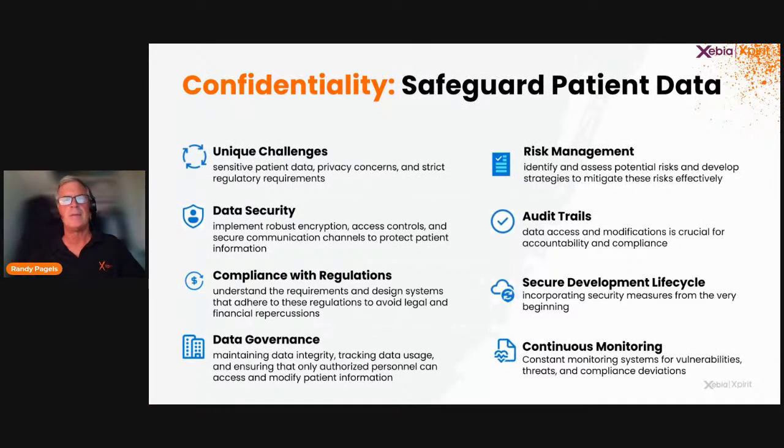I'd like to talk about patient data. Patient data confidentiality is paramount due to the sensitive nature of medical records and personal information. If compromised, it can have severe consequences for patient health. Developers must tackle data breach risk by implementing controls that restrict unauthorized access to data, thus avoiding trust loss and legal repercussions. Implementing encryption methods such as SSL and TLS and encryption at rest safeguards data in transit and